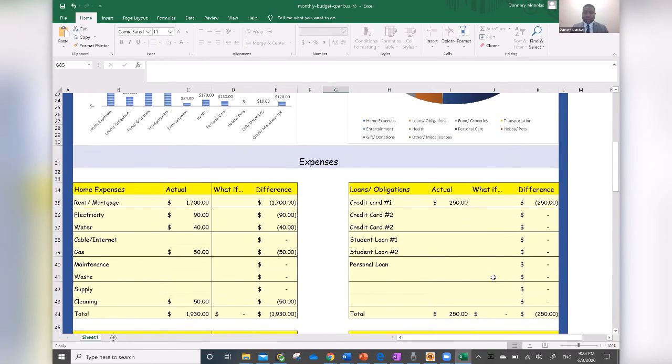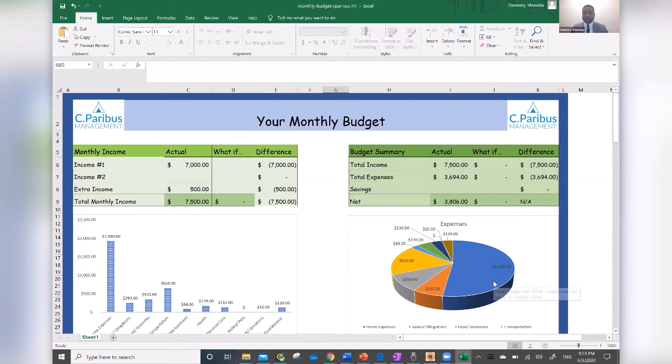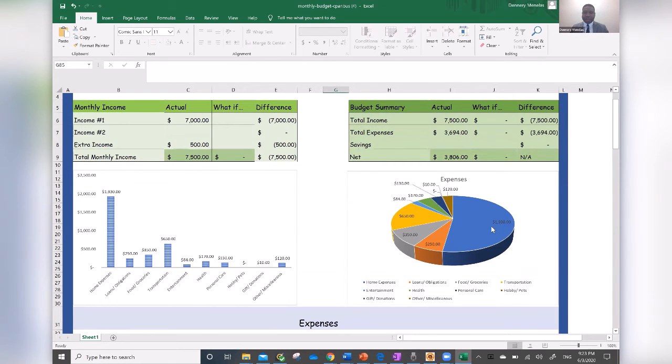So now the good thing is once you scroll back up, you get your expense total right here. And then you can also have an idea of where you're spending your money by looking at the graphs. Now I have two graphs for you. One of them is a pie chart and the other one is just a bar chart. So usually I think bar charts are more useful, but people love pie charts for some reason, so I'm putting